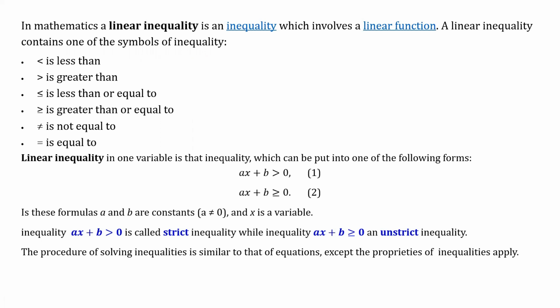A linear inequality can contain one of the symbols of inequality: is less than, is greater than, is less than or equal to, is greater than or equal to, is not equal to, is equal to. A linear inequality in one variable is an inequality which can be put into one of the following forms, first and second form. In these formulas, a and b are constants, a is not equal to 0,